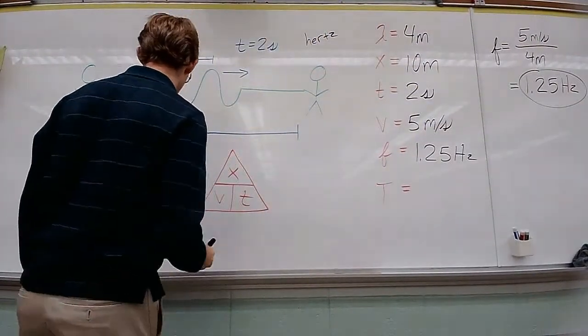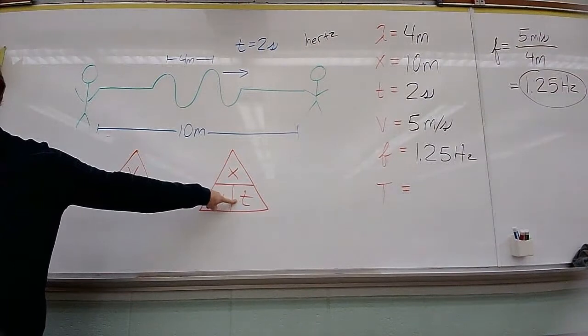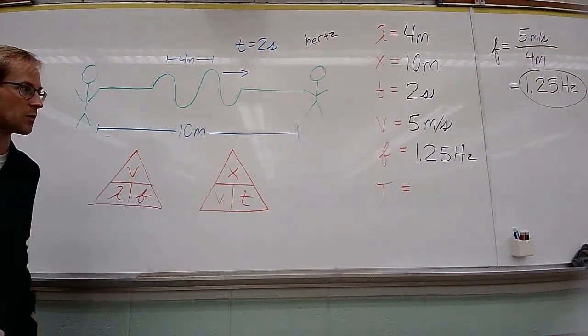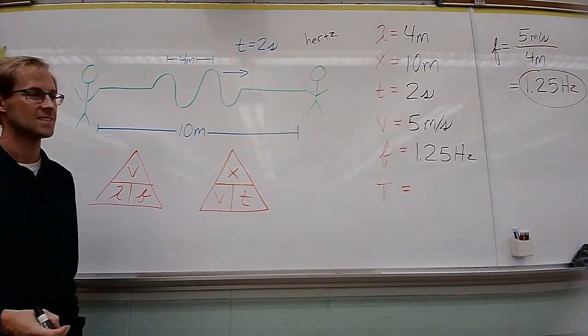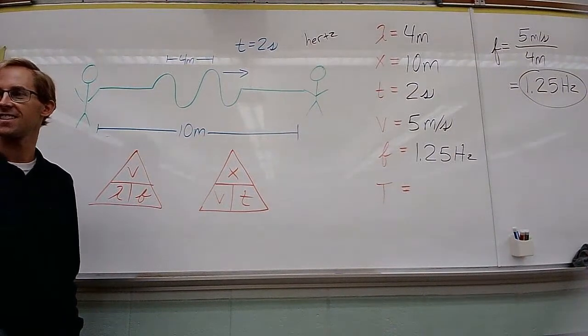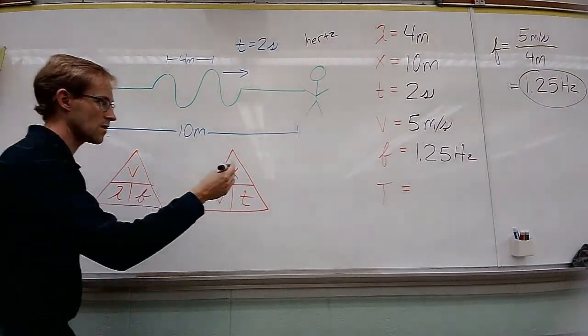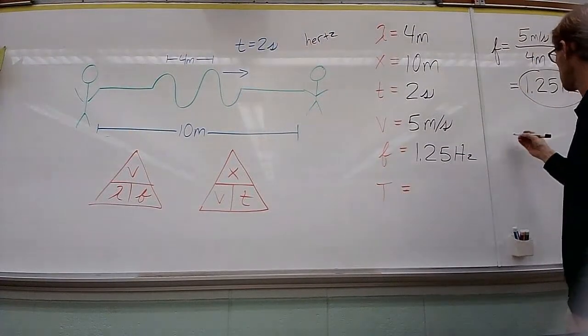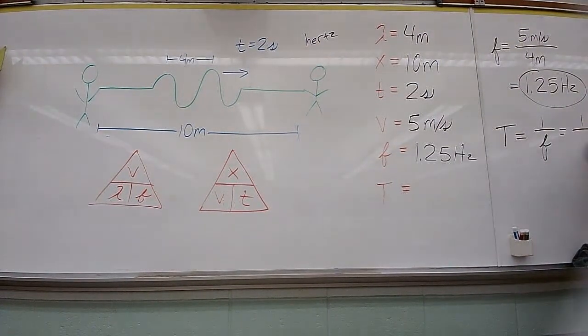And it's time for period. Oh no, we don't have an equation for period. And this t is just time. It's not the actual period. So how do we calculate period? Who can help me out? That's exactly right. Is that what you were going to say, Zach? Yeah. So period is going to be equal to 1 divided by frequency. If you have one, you can always calculate the other. And so the result of that is just going to be equal to 0.8 seconds. Very good.